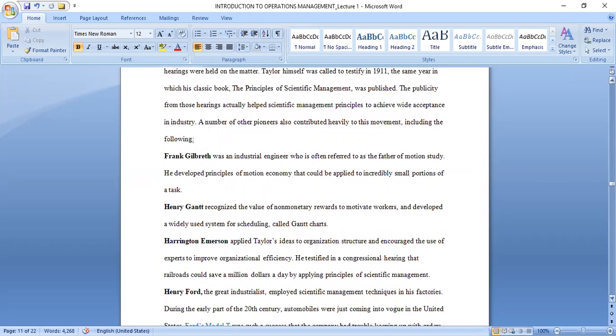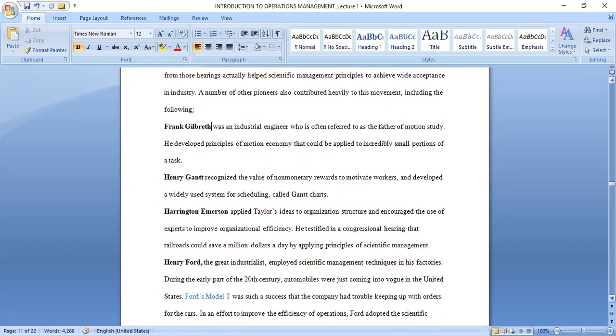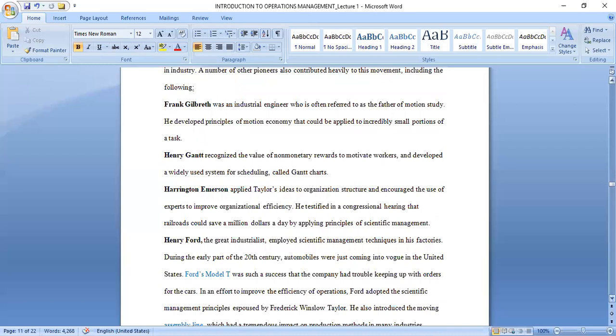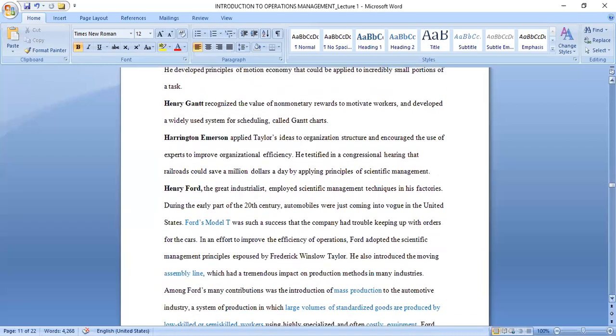Frank Gilbreth was an industrial engineer, and is also known as the father of motion study. He was also a personality under this scientific management era. We had also another personality under scientific management by the name of Henry Gantt. If you've heard about the Gantt chart, Henry Gantt